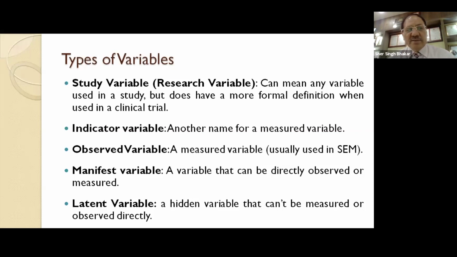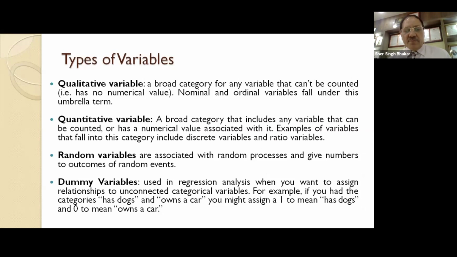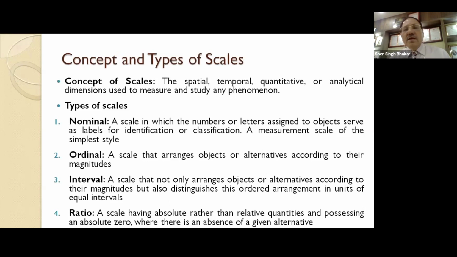Let's see the concept of scales. I have talked about them. Concept of scales: nominal scale, ordinal scale, interval scale, and ratio scale. These are basic scales, and they result in these kinds of data. Nominal scale results in nominal data, ordinal scale in ordinal data, interval scale in interval data, ratio scale in ratio data. Or we say interval and ratio scales result in continuous data, and nominal and ordinal scales result in category data, right?